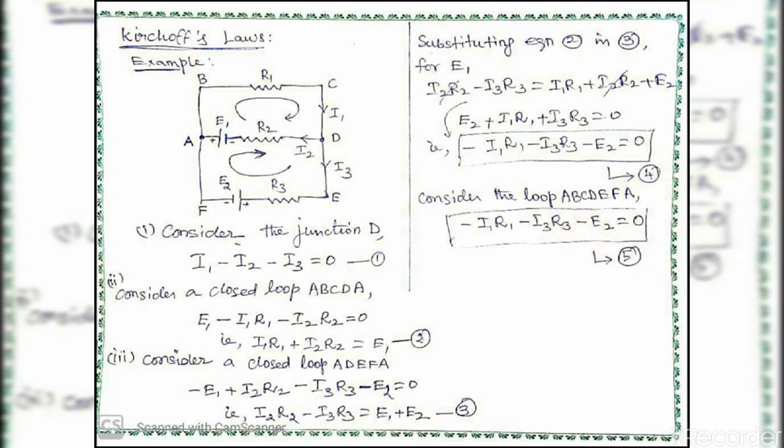So we should know how to use the Kirchhoff laws in a circuit in order to find the voltage drops, resistances, currents and voltages. The sign convention is very important. A potential rise means positive, a potential drop means negative. So this is very important. By using this concept, we can apply it to various complex circuits in order to find the resistances.